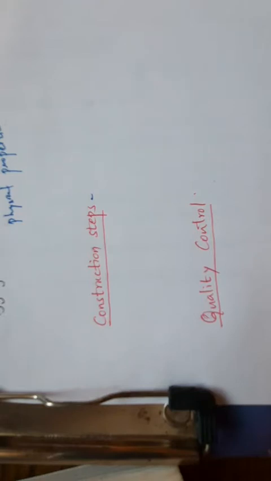After ensuring that the prepared surface is dry, the bituminous mix is prepared in the hot mix plant at the specified temperature, depending upon the grade of the bitumen used. Then the hot mix is transported to the construction site in a clean insulated covered truck. Then the bituminous mix is spread using a mechanical paver.